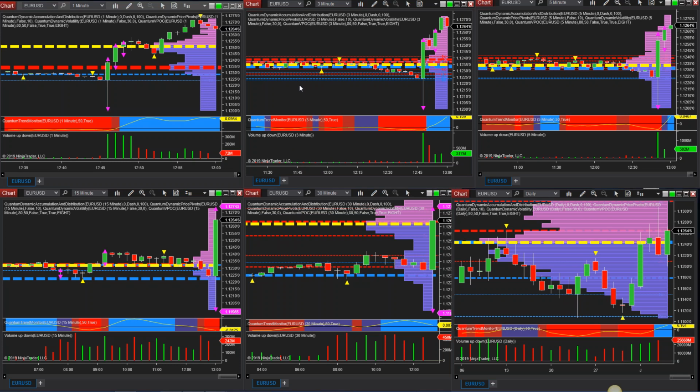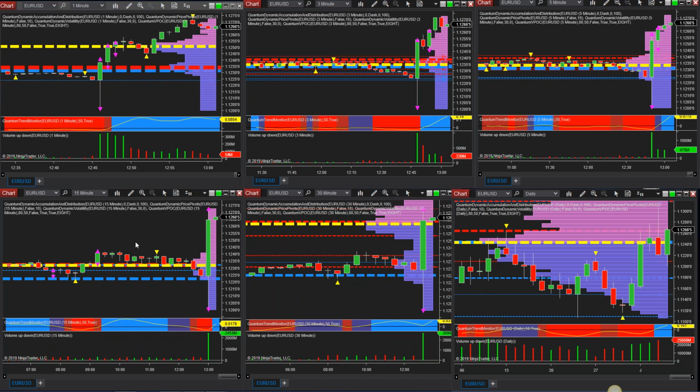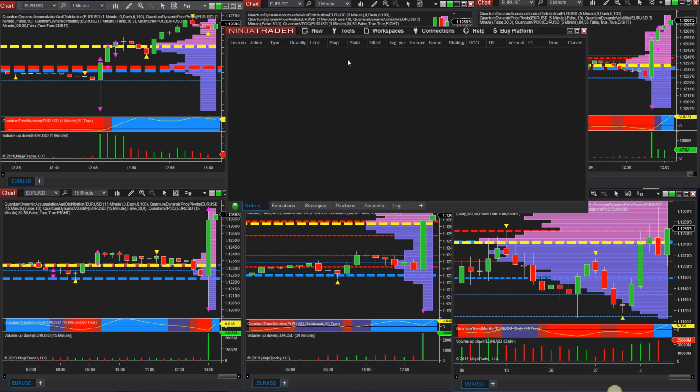But what's interesting about it is that obviously we've got volatility across the time horizons. This is the 1 minute, the 3 minute, the 5 minute, down onto the 15 minute, and obviously you've got volatility, an absolute ton of volume coming in, and indeed over onto the 30 as well. So we've got the VPOC in play pretty much universally across all the charts, right the way out to the daily. We've got volatility, we've got congestion building, we've got support and resistance all over the place. But what I really wanted to show you was just to head over to the CSI,